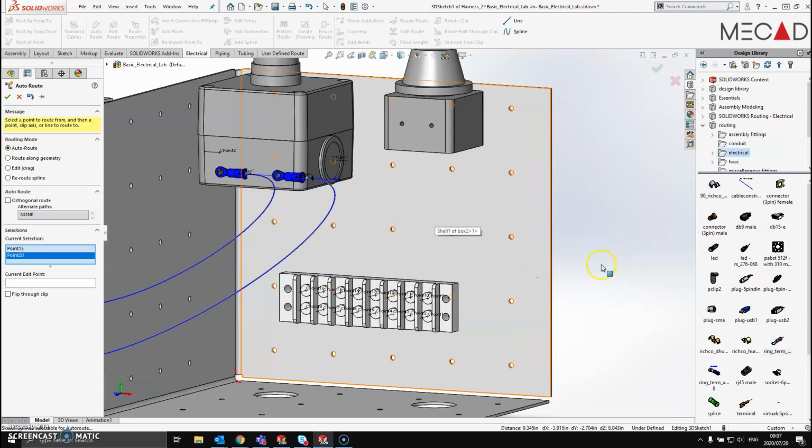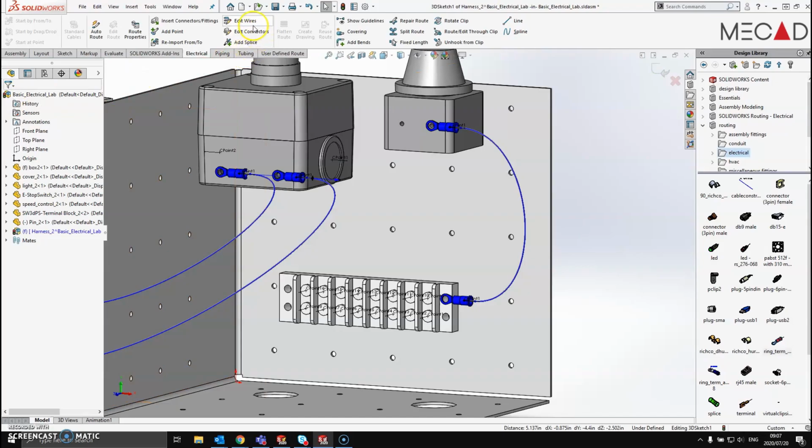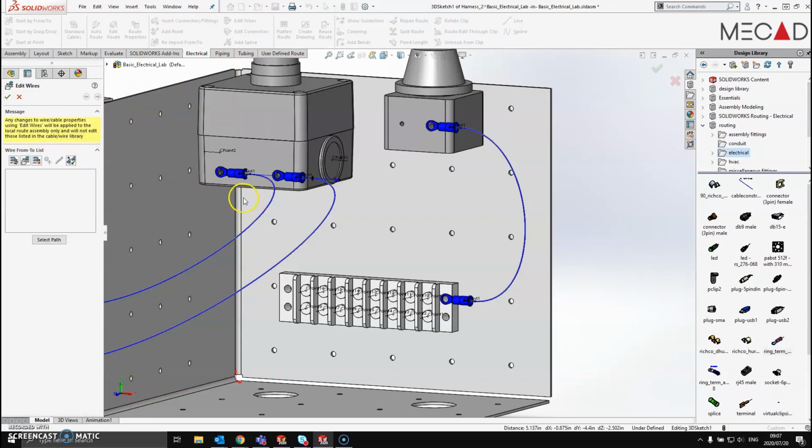Looks good, eh? So now my final connection points, from and to, and then my wire appears. I simply say OK, and now I am going to edit my wires to make sure that it shows the